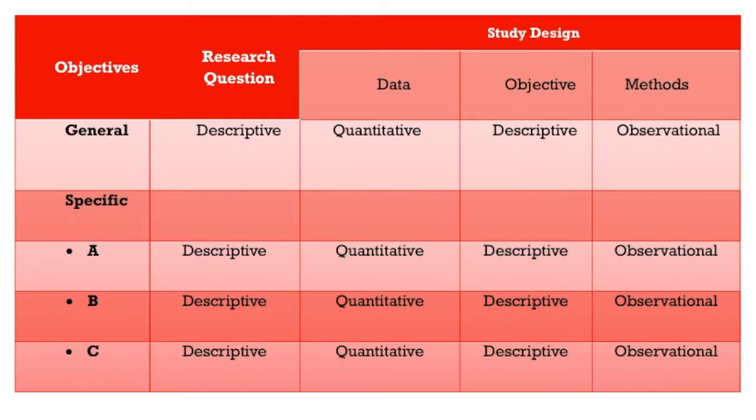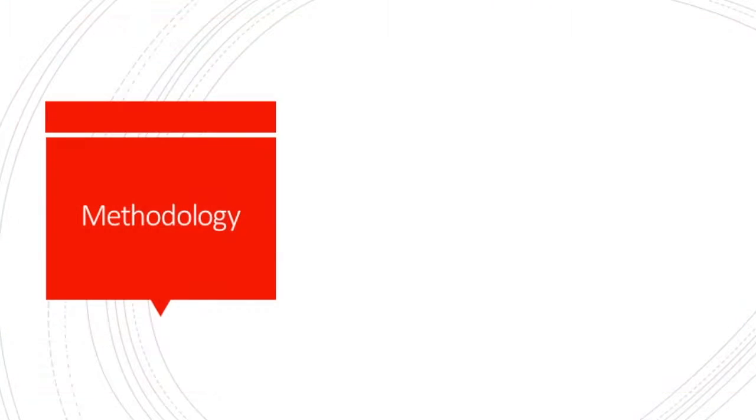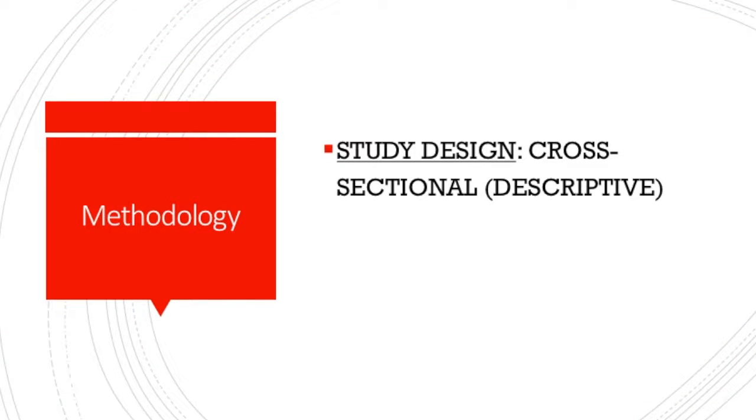The data are quantitative, the objectives are descriptive, and the methods are observational. The appropriate study design for this is descriptive cross-sectional because it aims to describe the life satisfaction score of ResMath 1 students of UST-CRS, limited to those who are attending academic year 2017 to 2018. This is a research that would depend on one point in time to study the said topic amongst the selected